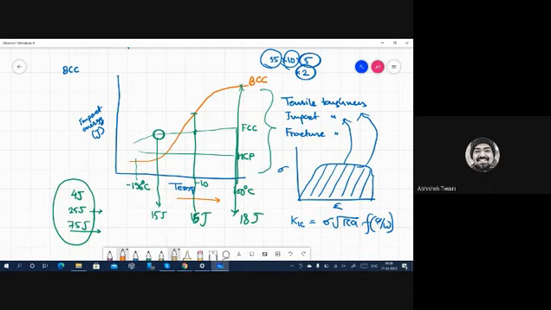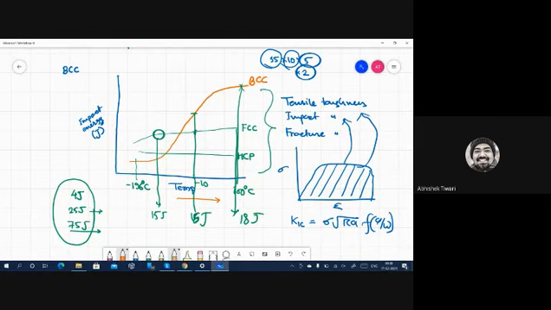And so in different HCPs, depending upon what the C by A ratio is, there is either a prismatic plane, which is a slip plane, or a pyramidal plane, which is a slip plane, or the basal plane, which is a slip plane. And usually slip is so tight that twinning occurs first, and twinning occurs until slipping becomes possible. So that is the difference, but the scenario doesn't change for HCP and FCC much.